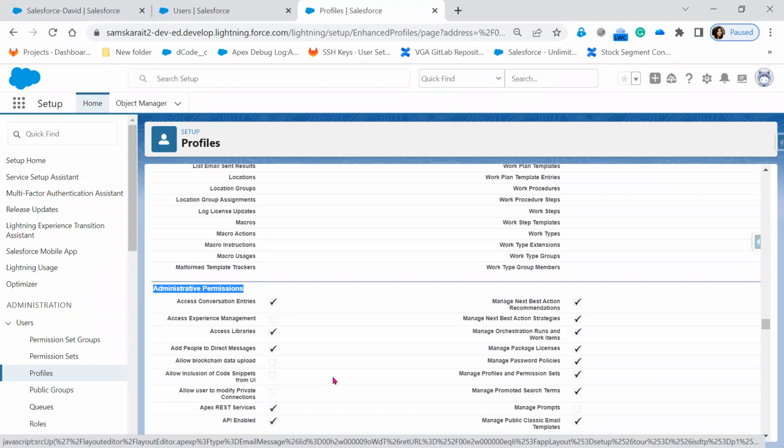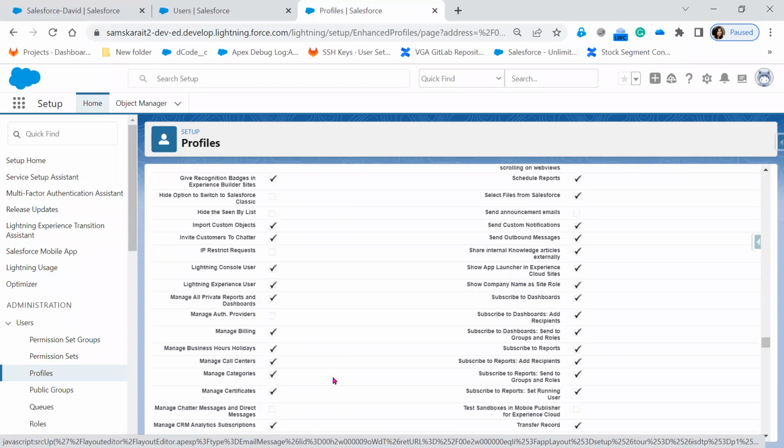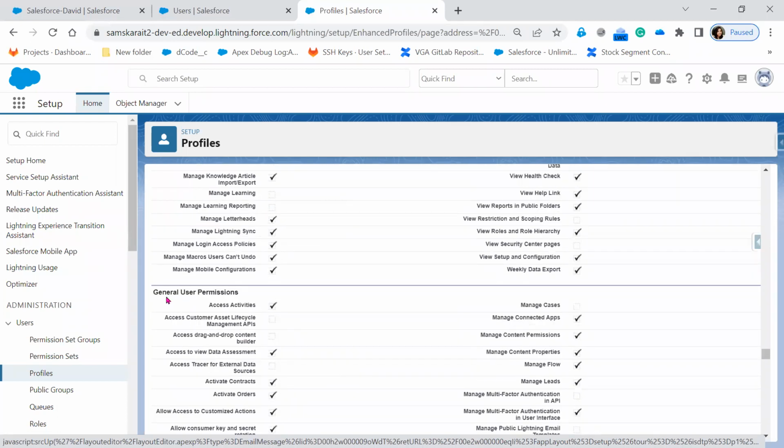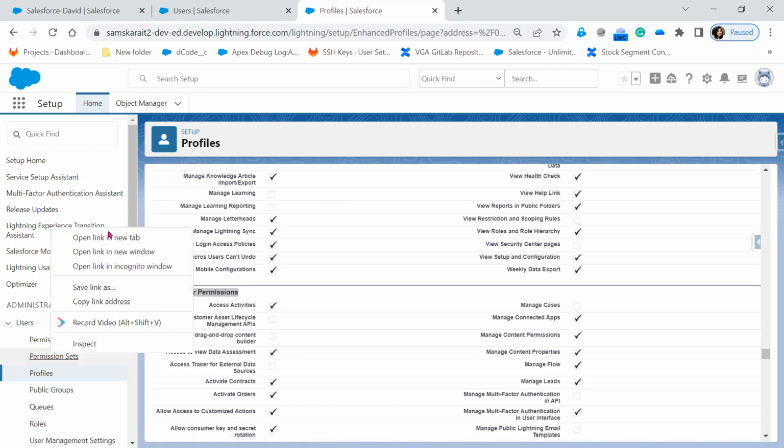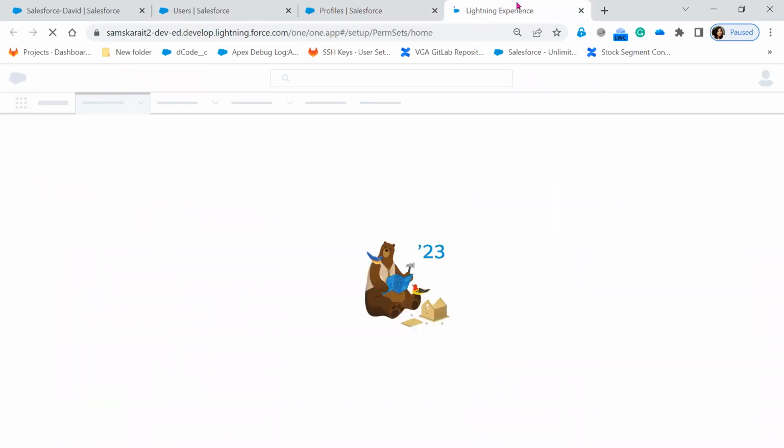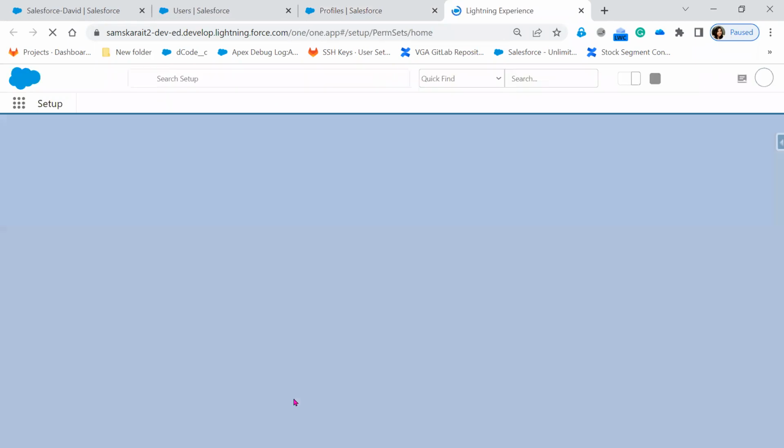Administrative permissions are nothing but system permissions, though not all of them, and there is also general user permissions. Similarly, in the permission set, we have that kind of division. So when we go to the system permissions,